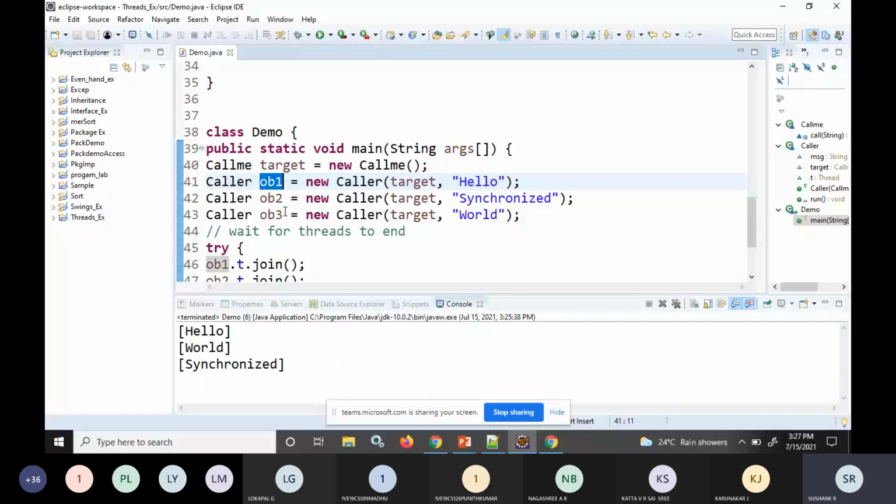After consuming the data, it will call the notify function. So you can see, wait until I get the notification from the producer. Once I get the data, I'll notify the producer that I have consumed the data. So after the data has been obtained, this get function is also calling the notify function. This notify function will tell the producer that it has consumed the data, and you can put more data in the queue.